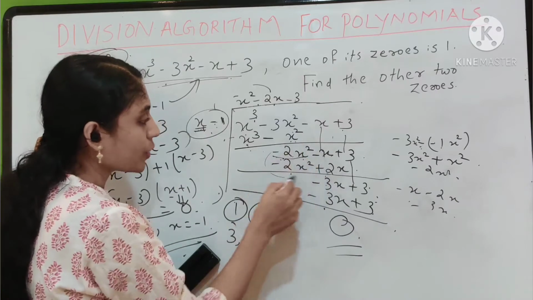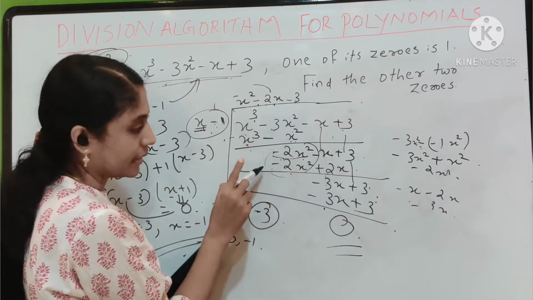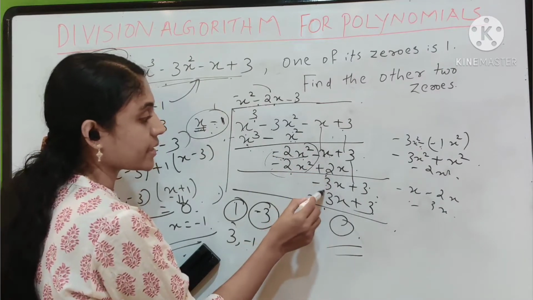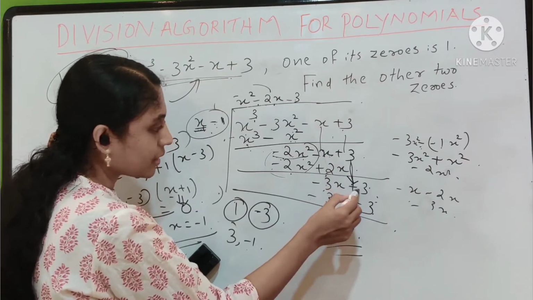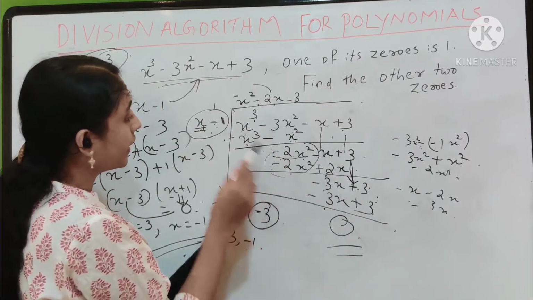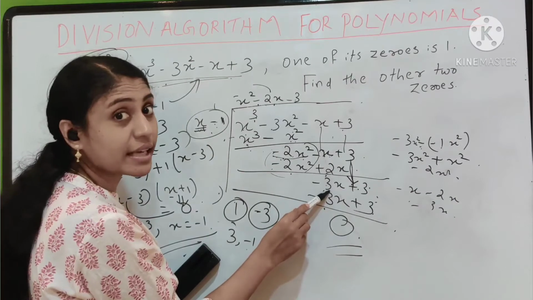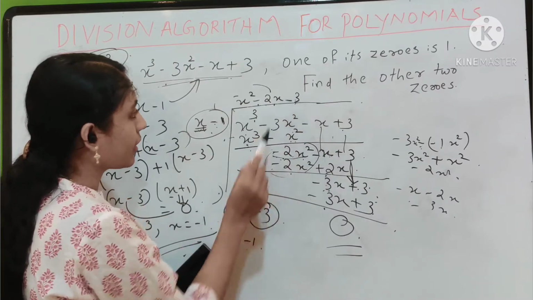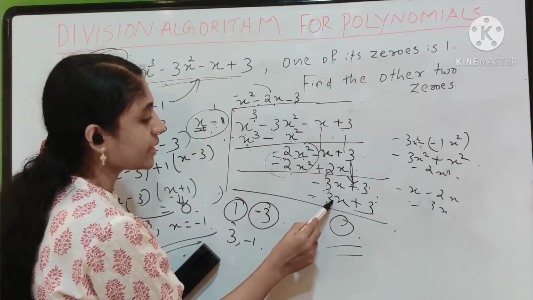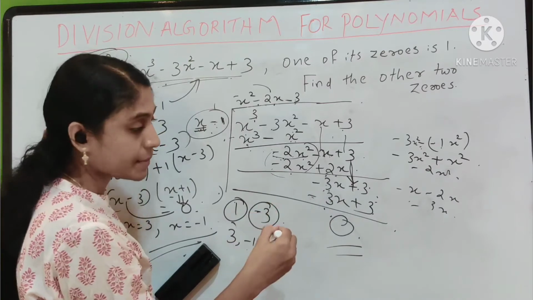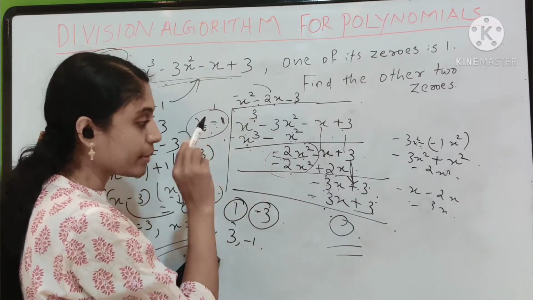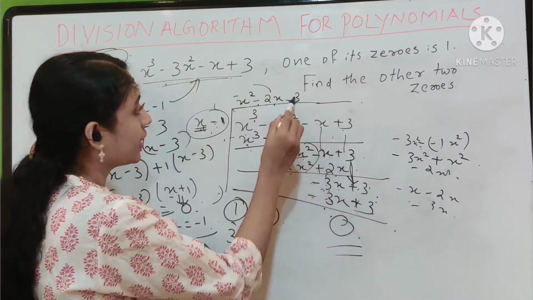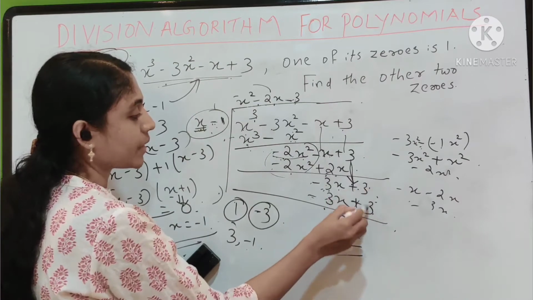And again in order to cancel this x square term, we subtract it. Similarly subtract the x term also, so that we will get minus x minus 2x, it is minus 3x, then the remaining term plus 3. Write it down. And then x into minus 3 is minus 3x. So we write minus 3 here, so that minus 3 into x is minus 3x. Again in order to cancel the x term, we have to subtract, because minus 3x minus of minus 3x equal to 0. So minus 3 into minus 1 is plus 3. Subtracting, we will get 0.